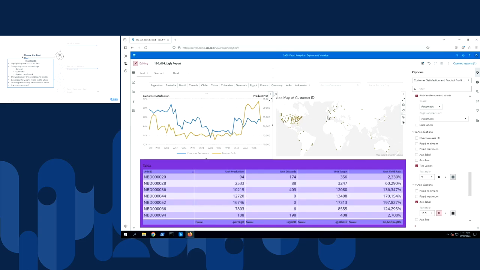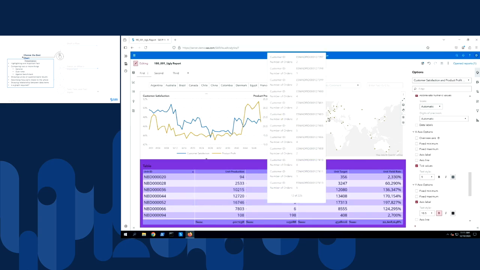Now let's look at the geomap. The geomap is showing customer locations, and although you can't tell, each of those points represents many, many customers. There's too many customers to actually see a lot of details. So I think a better fit for this would be to show a geo-cluster map. It's useful for displaying a larger number of distinct locations. In that case, markers that are close to each other will be grouped into a single marker to make the map a little bit easier to read. The nice thing about the geo-cluster map is that the clusters change as you zoom in and out of the map, so it's very dynamic.